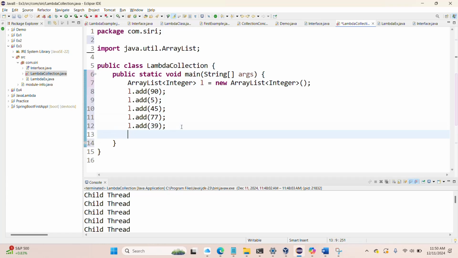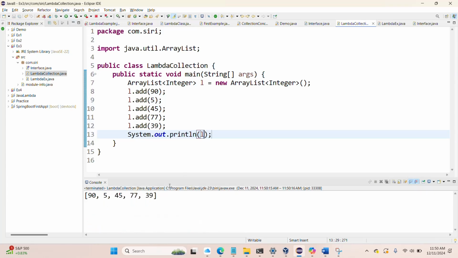Okay, and let's just simply print it. So when we print this, we are just going to see the output based on how we have added the inputs, right? But now if we want to